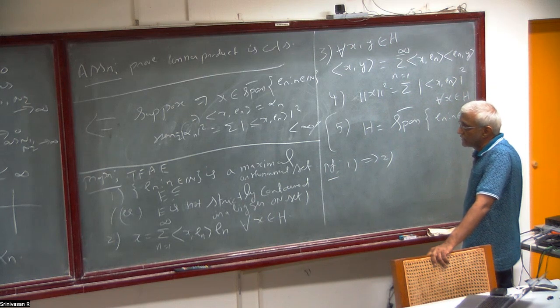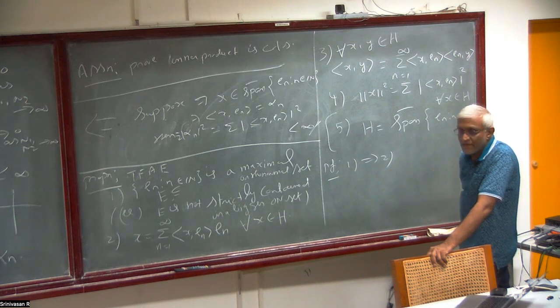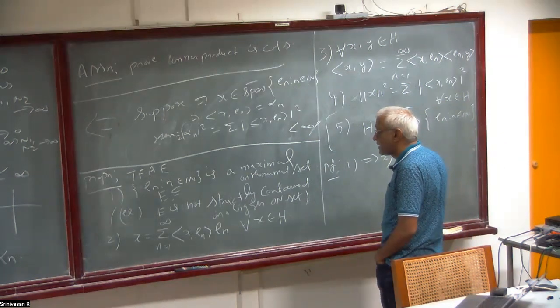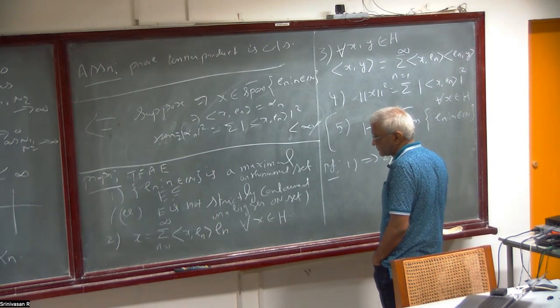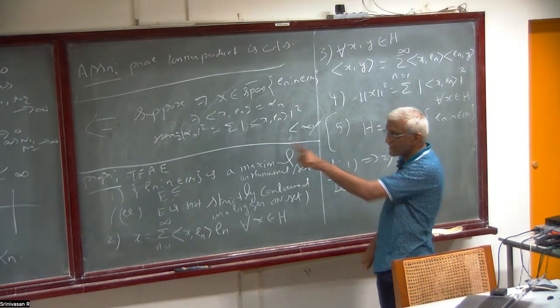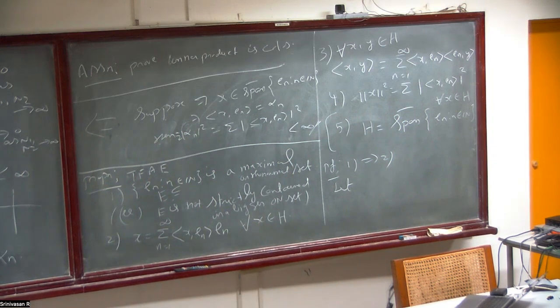One implies two. If you have a maximal orthonormal set, then you want to prove this can be expanded through the En. That's what you want to say. Okay. So we already know that this converges. The earlier proposition says that if the summation of alpha n squared is less than infinity, then the sum of alpha n En converges. We already know that the sum of mod of x, En squared converges for any orthonormal basis. So the summation of mod x, En En converges. Okay, so by the previous proposition,